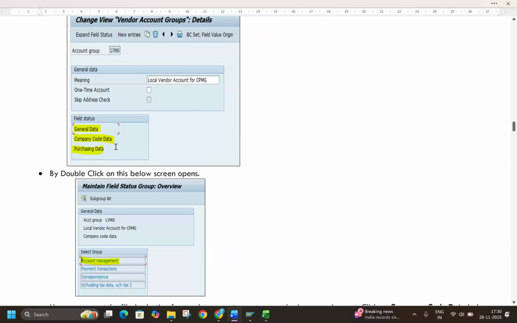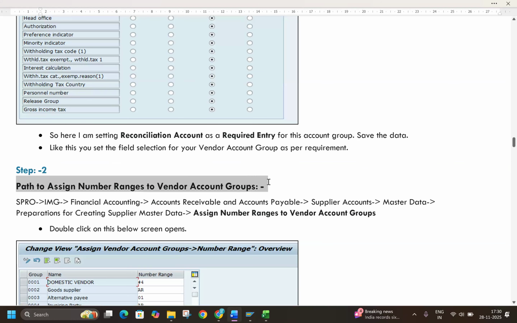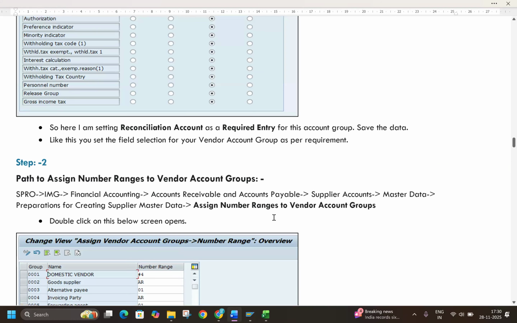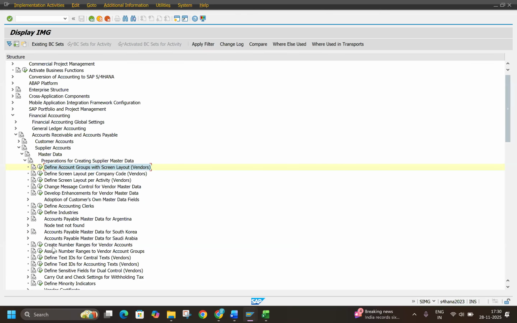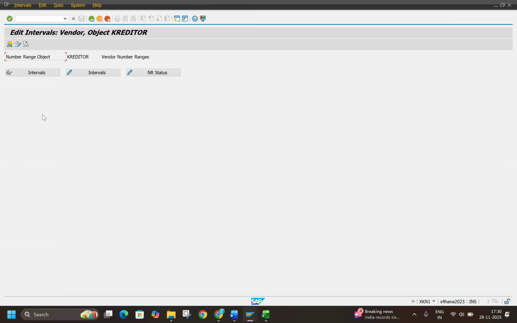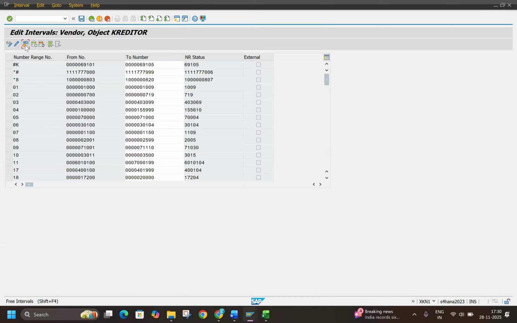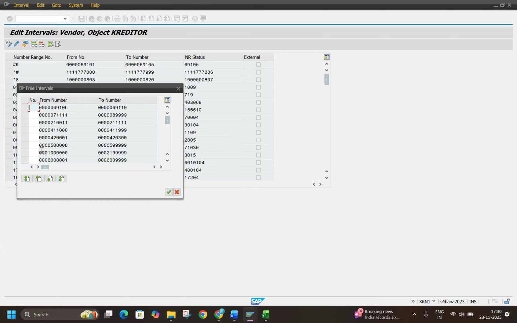I have created one, see, everything I have mentioned here. Now we'll have to assign the number range. So first we will have to create the number range. I'll go here. I'll create two separate number ranges, one for local vendor, another one for foreign vendor. Go to free intervals. Enter. Okay, here we have many. What I will do, I will take this for